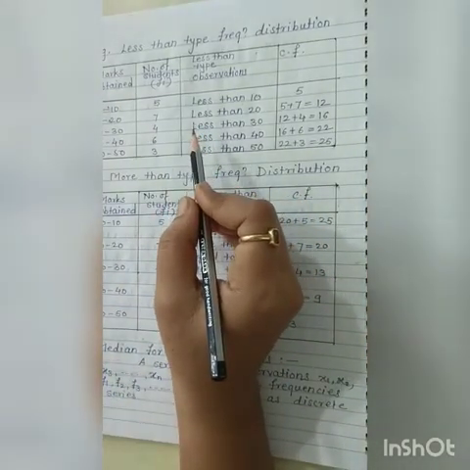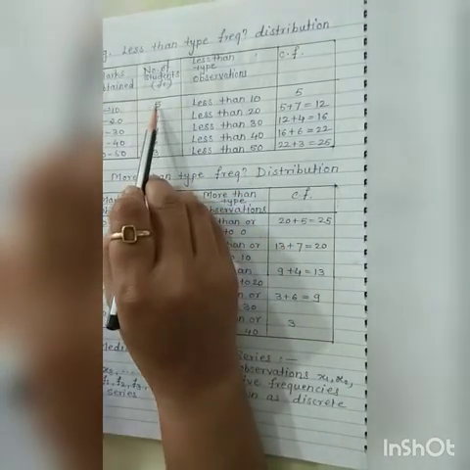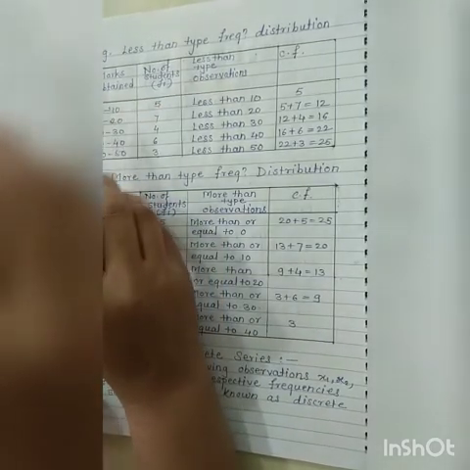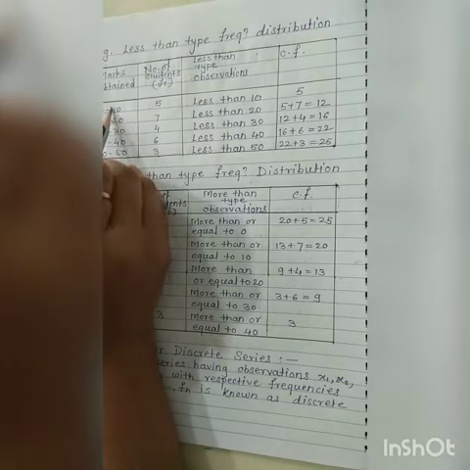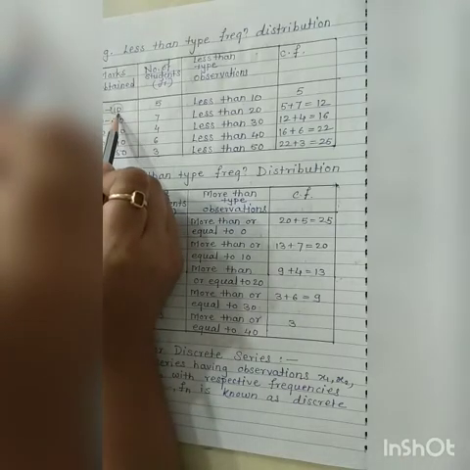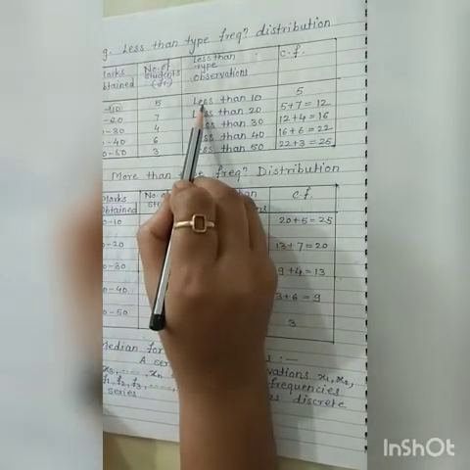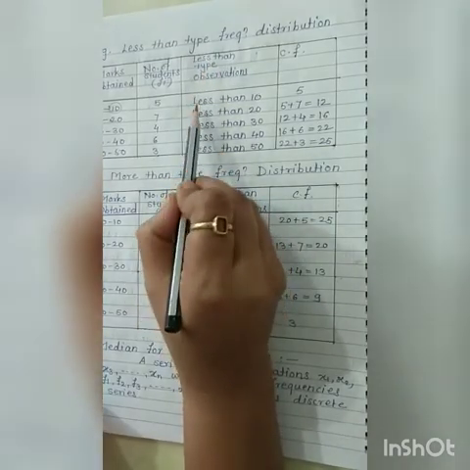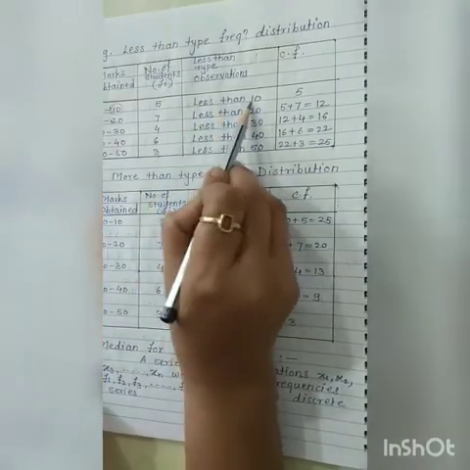In this frequency distribution, there are 5 students who have scored marks less than 10, that means between 0 and 10. As we are not considering the upper limit in this class, we are considering this 10 marks in the next class interval. Here we are going to convert these observations into less than type observations like this, that is less than 10, not equal to 10. This is less than 10 only.